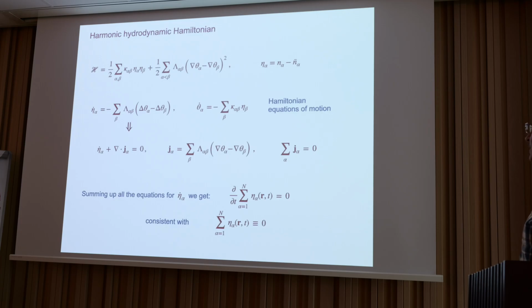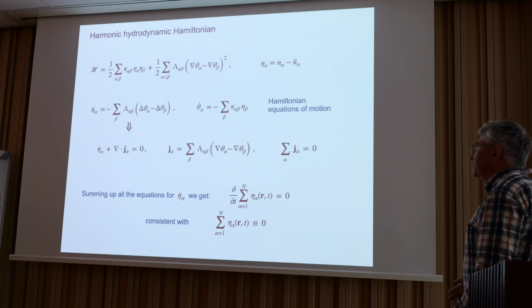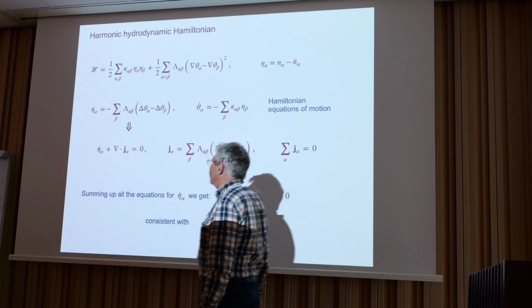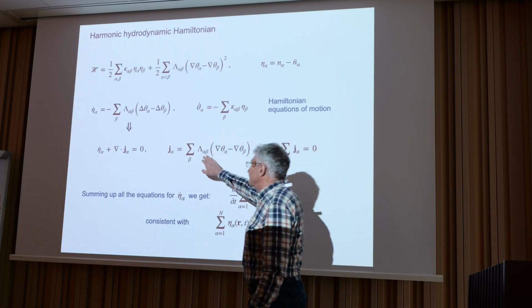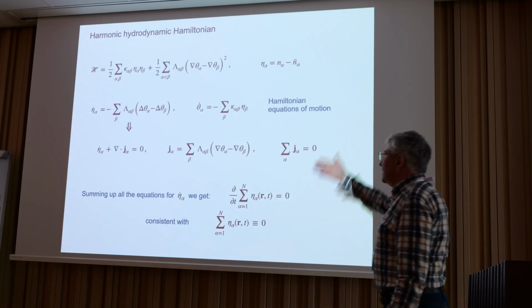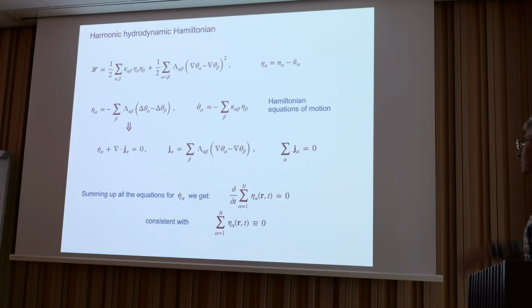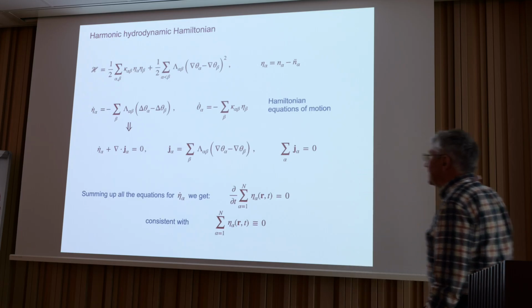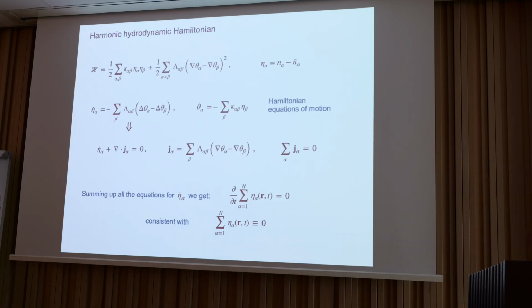So if you write down the equations of motion, they would have just the standard hydrodynamic type of system of continuity equations. These are continuity equations with the following currents. And if we sum up the currents, we will see that the currents sum up to 0, meaning that the net density doesn't change. This is precisely what we need. So that's how actually we can write the ground state theory of counterflow superfluids.